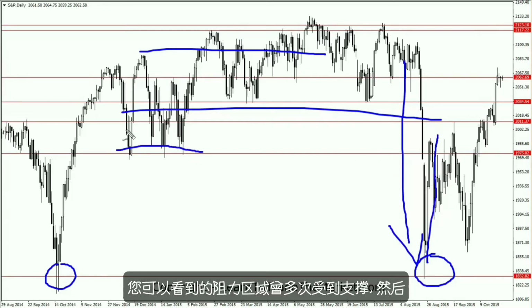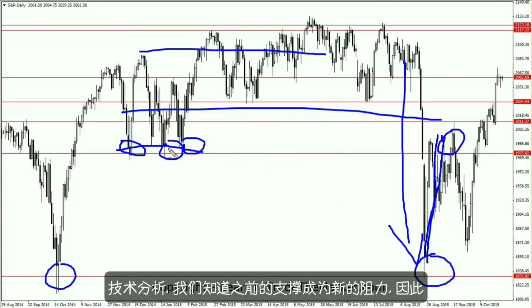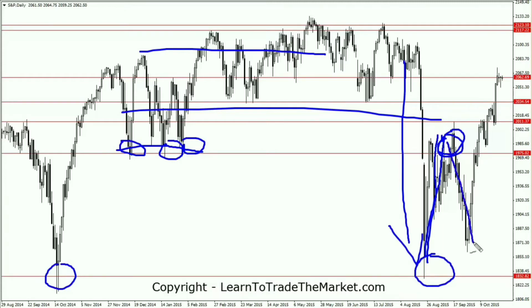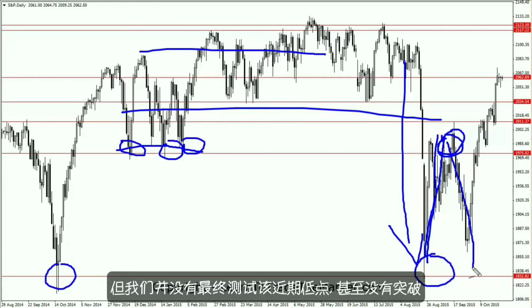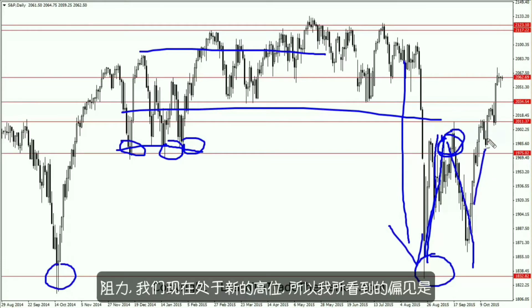You can see it was support here on numerous occasions, and then on the bounce we actually held there and it acted as resistance. Obviously with basic technical analysis we know that previous support becomes new resistance. So the market was holding there around that 2000 level, and then we sold off again. But we didn't end up testing that recent low, and we didn't even break through it. Instead, the bulls came in and pushed the market straight back through that resistance, and we're now in a new